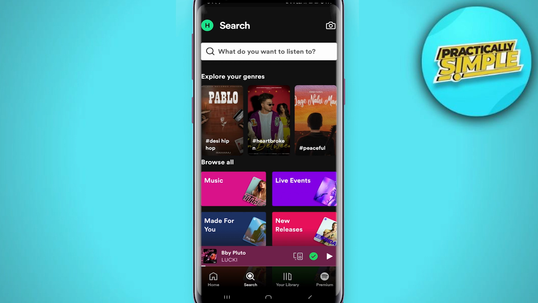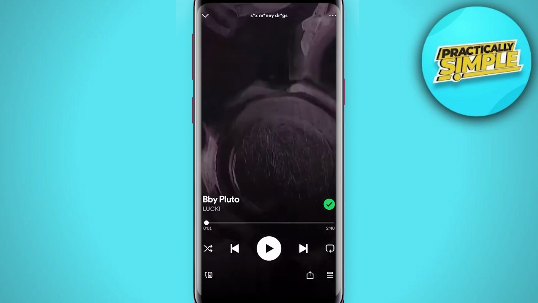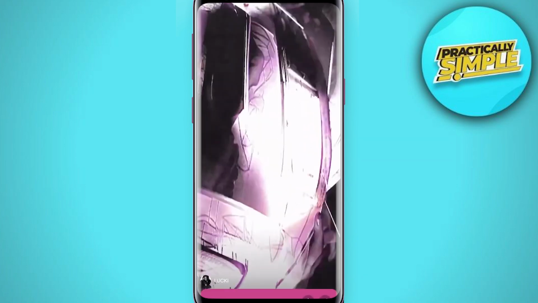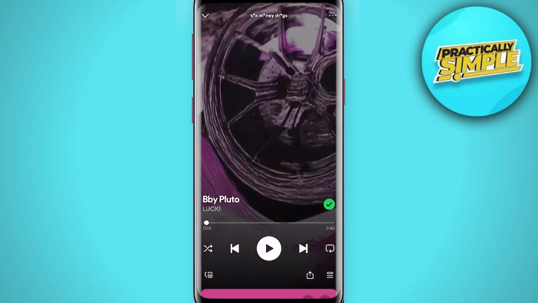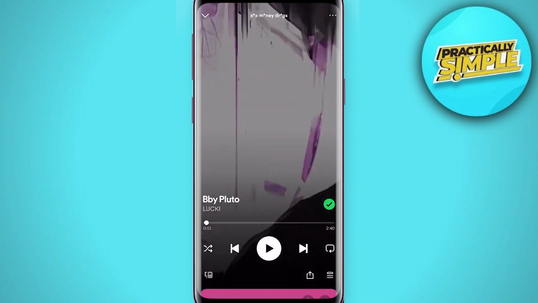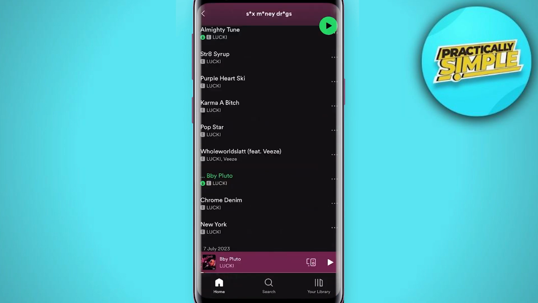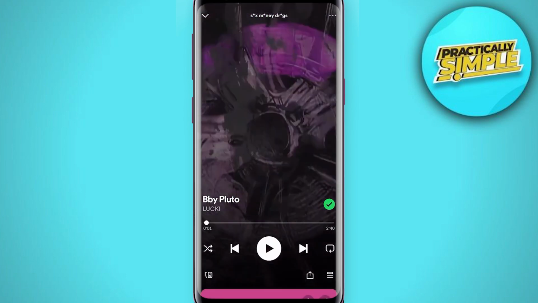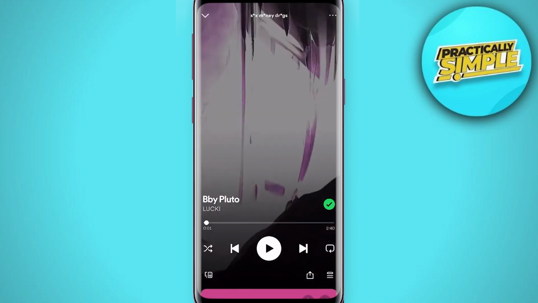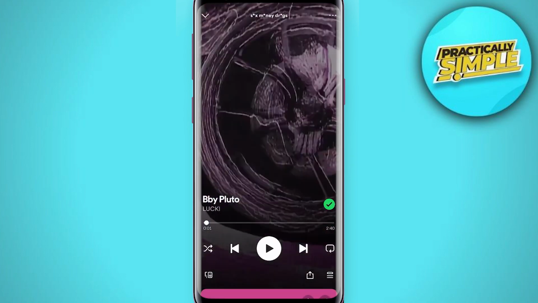So let's say I'm going to this playlist, and as you can see there is a cool video playing in the background. Now let's say you do not have this, so that could mean two things. Well, the first one is like I explained, that some songs, usually all songs, do not have that. But if you know that song has the video, then there is a problem inside your